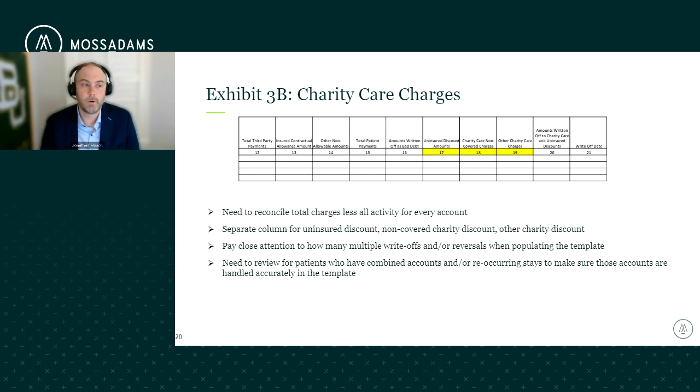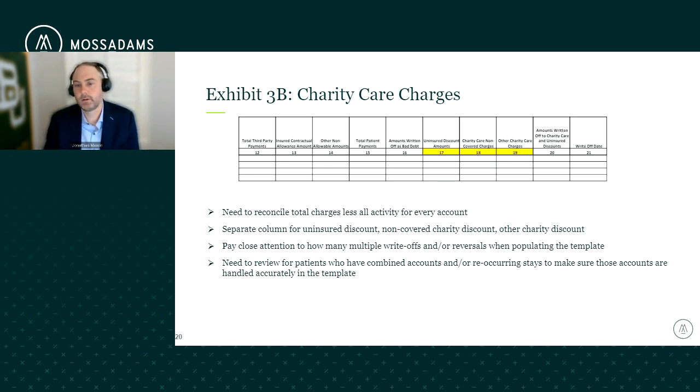What I would look for, beyond just reconciling the accounts, is if you total up your third-party payments, your contractual adjustments, your patient payments, and then your charity write-off, whether it's in 17, 18, 19, if all of those amounts equal greater than total charges, then that's where you see an issue. And if you're familiar with the S10 audits, that's what the auditors do quite a bit. They total up your payments and adjustments and your write-off. And is that more than your total charges?